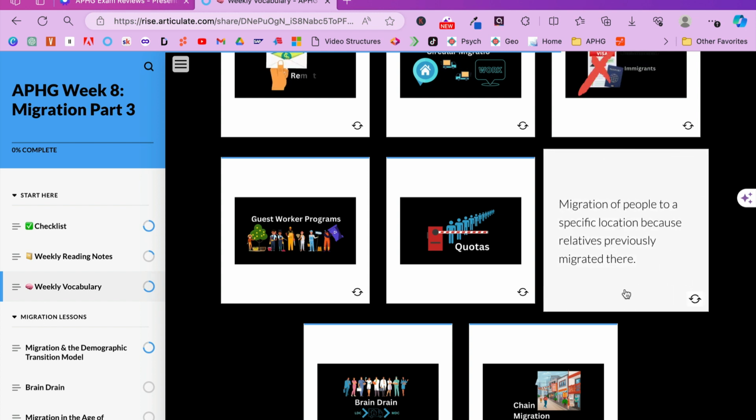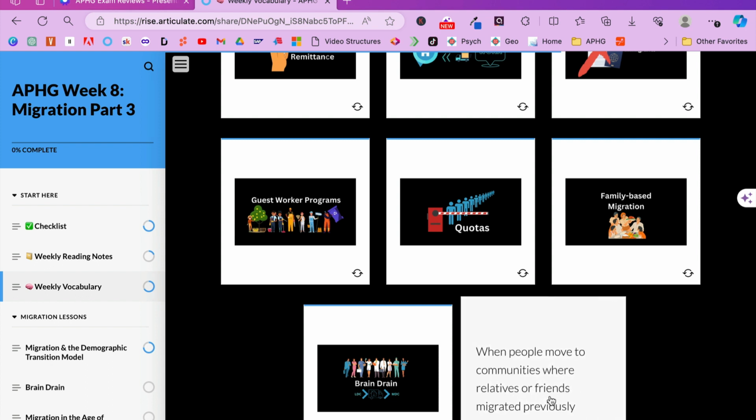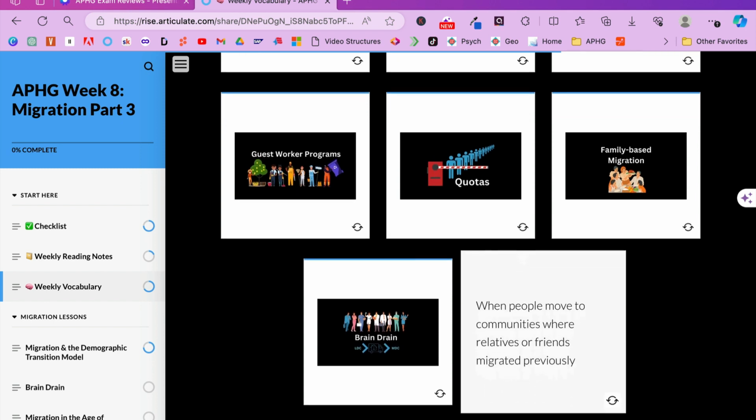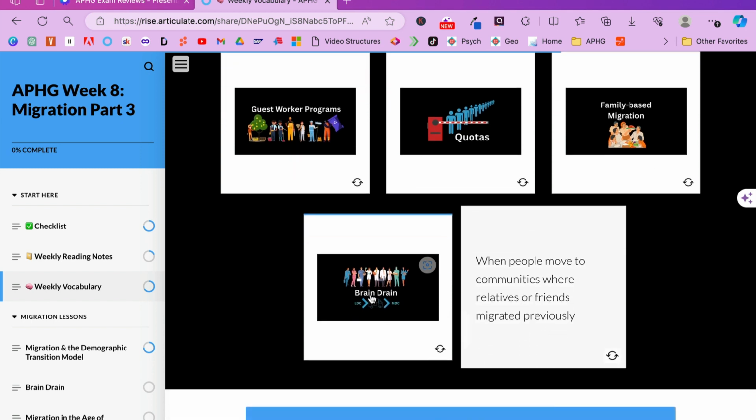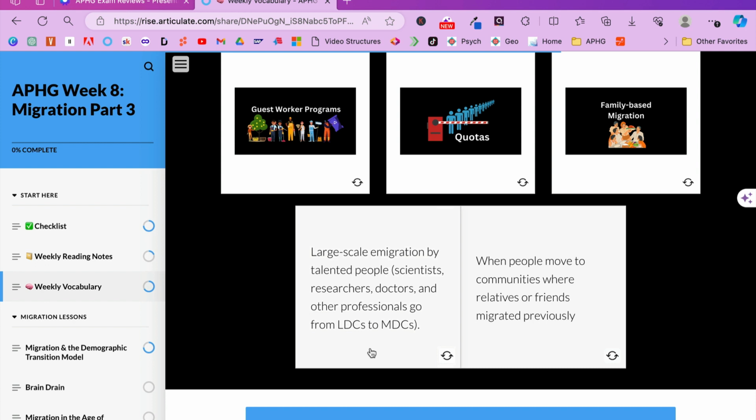Family-based migration, migration of people to a specific location because relatives previously migrated there. Chain migration, when people move to communities where relatives or friends migrated previously. And brain drain,